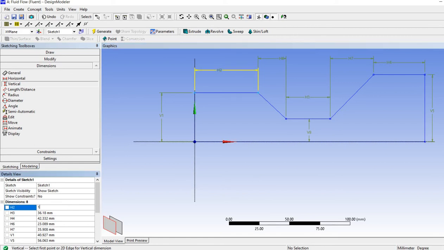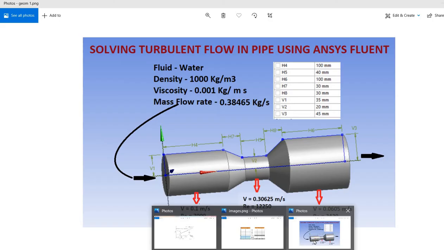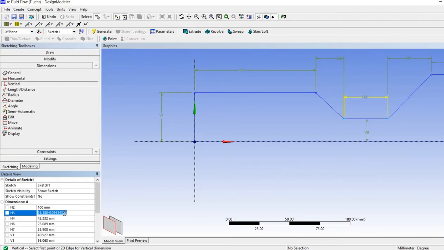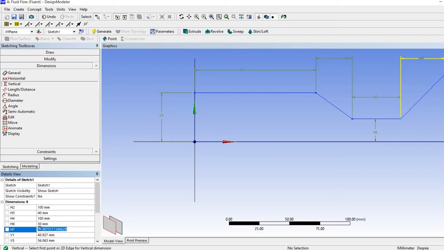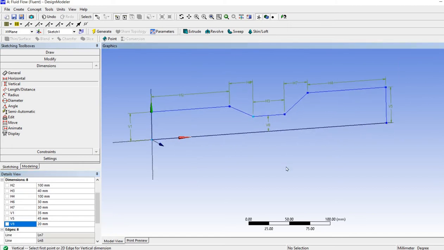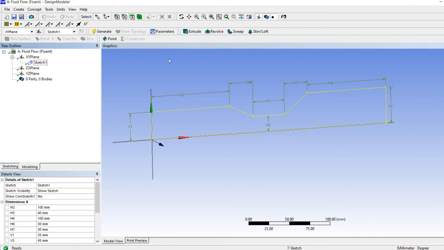This section is 100 mm. This we can take 40 mm. 100. This is 35. We had created a closed geometry. So there is no open gaps. This is a closed geometry. This can be used for 3D operations.